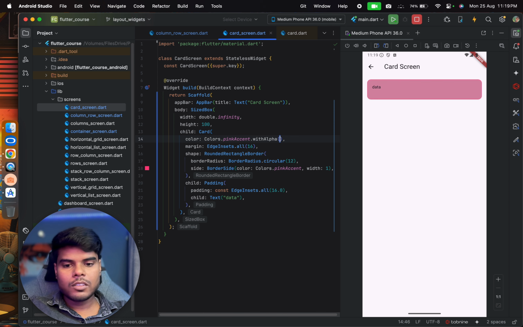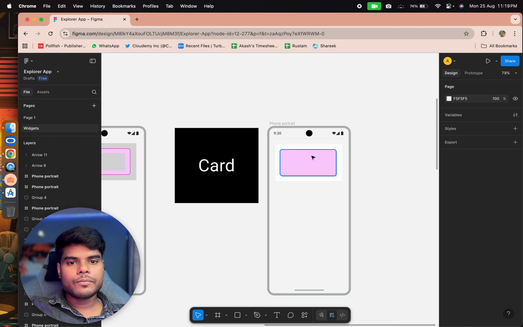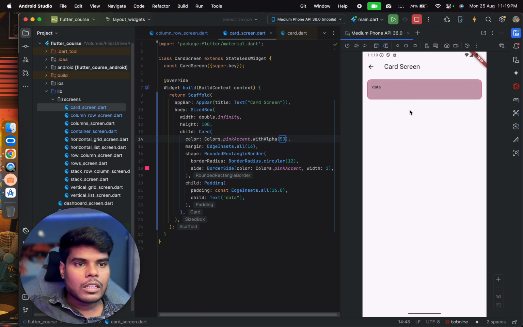Let's reduce it so that, okay. So this is the default, this is how the card will look. It has a little bit of shadow on the bottom because of the radius; it is not clearly visible because of the border. And this is the container. The container doesn't have any shadow,